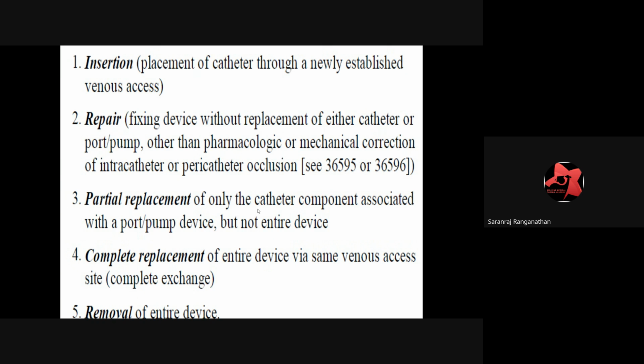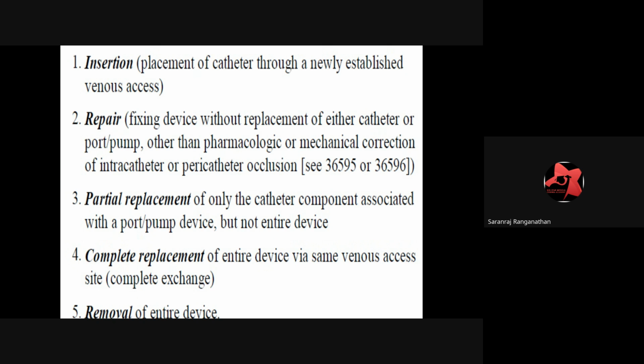Then partial replacement. Partial replacement means if in case whatever was placed, for example, a catheter is placed, that tunneled catheter, multiple divisions will be there. If one division got a blockage, they will remove that one division and replace it with another one. So that is called a partial replacement. In this case, the complete catheter is not removed. Only one place they have removed. Like that, pacemaker also. If a pacemaker is placed with a dual lead, replacing only a single lead,